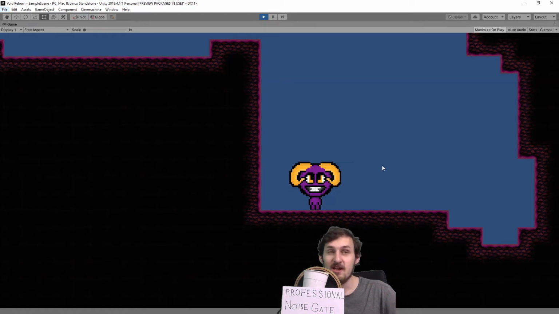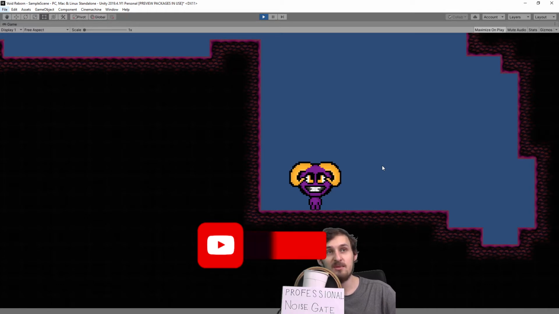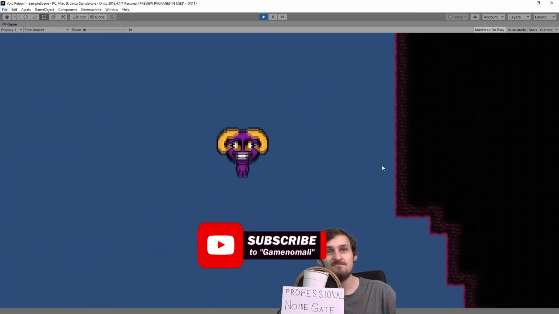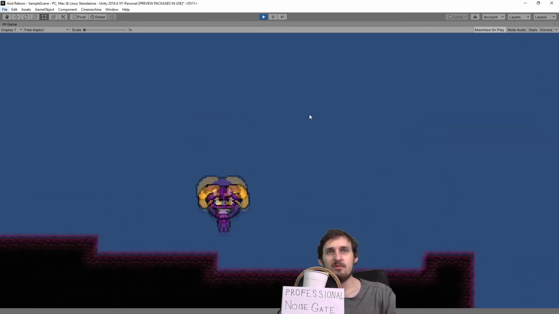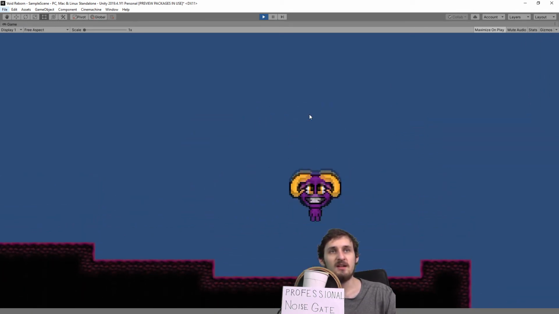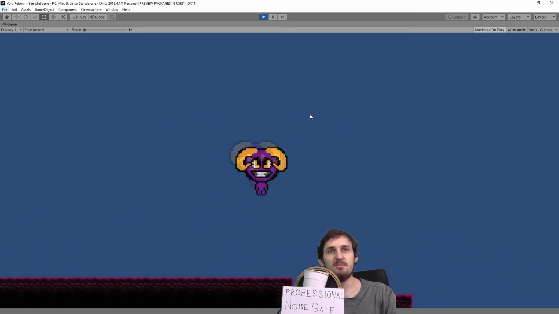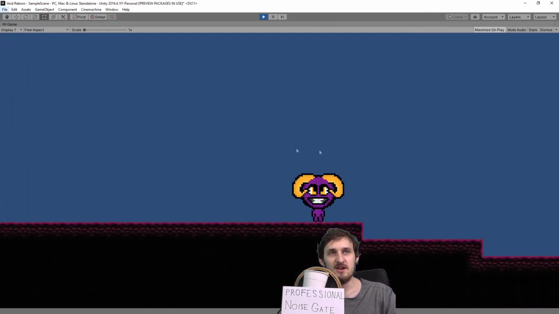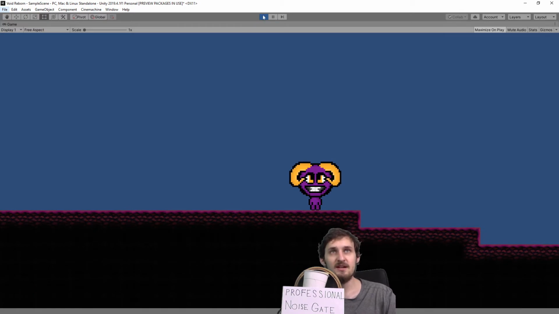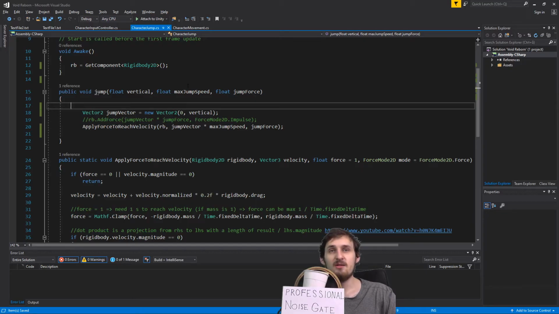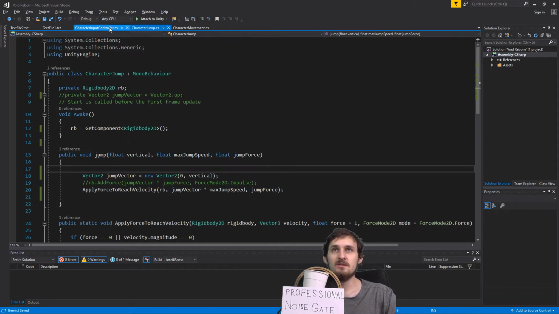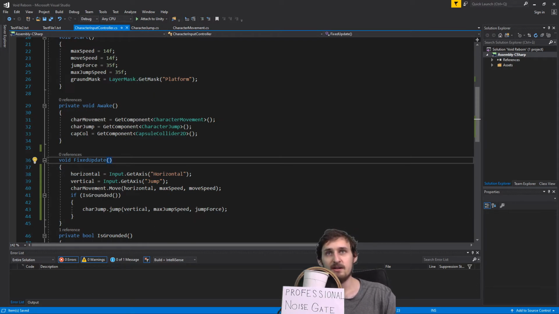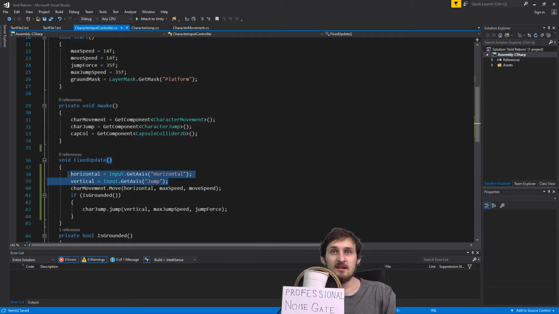I am George, and today we're gonna look at some double jump. Last time we ended up here, where we can only jump once, and no matter how many times I press the space button, the character jumps only once and cannot jump in the air. So we ended up probably with code looking something like this. I was tinkering a little bit with the code, so it might be slightly different, but it should be super similar. And I found out that